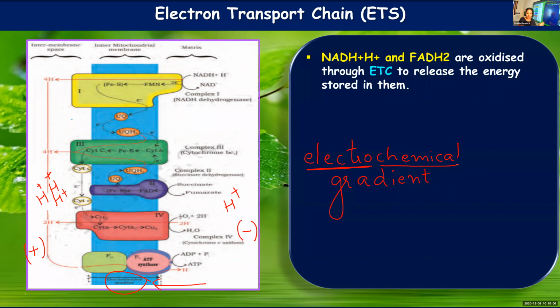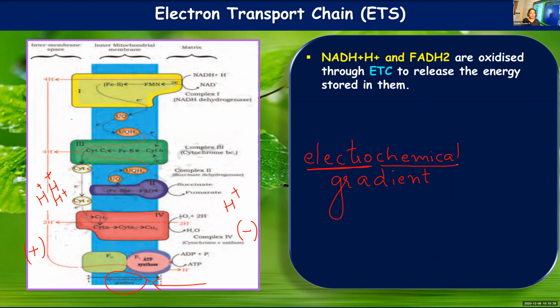What is shown in blue color is the inner membrane. And this electron transport system consists of five complexes, and the electrons released from these molecules will pass from complex 1 to complex 4. Utilizing the energy released when electrons are being transferred, protons will be pumped from the matrix into the intermembrane space.